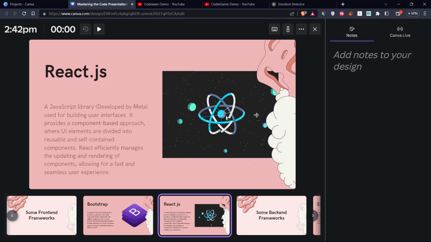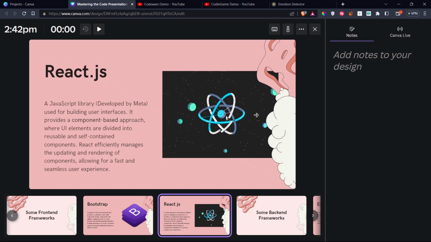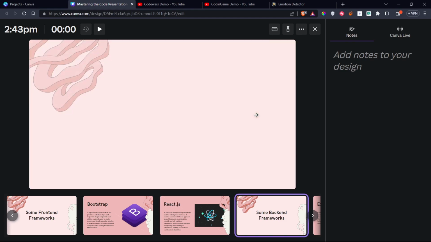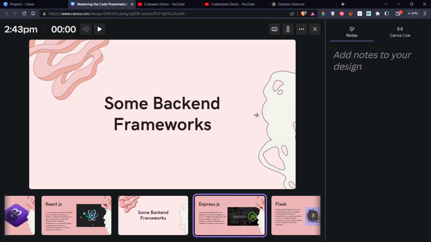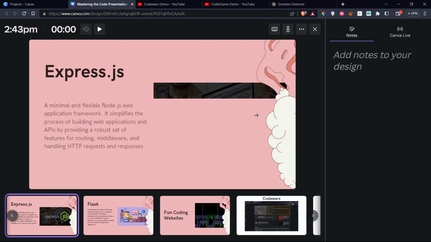Another popular front-end framework is React.js, which is developed by Facebook, now Meta. It basically segregates the HTML page into various components which can be reused. And the main advantage of React is efficiency through the asynchronous functions. Another advantage of React is it allows for a fast and seamless user experience. Now, for those interested in backend development, these are some lucrative frameworks to look out for.